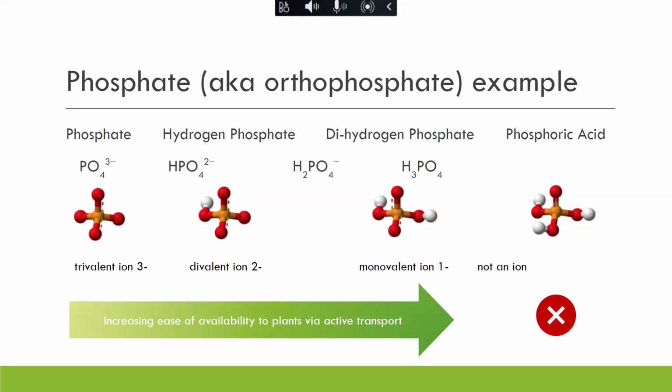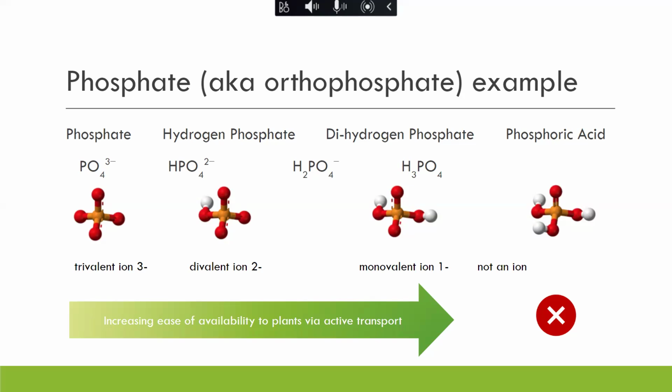So depending upon the pH, phosphate actually is going to change forms and be different in terms of its ease of absorption for the plant, right? When it's trivalent, again, that's the 3-, it is not particularly easy for the plant to absorb. As the pH increases, it becomes divalent, again, a little bit easier. Monovalent, the easiest, and then phosphoric acid when the pH goes,